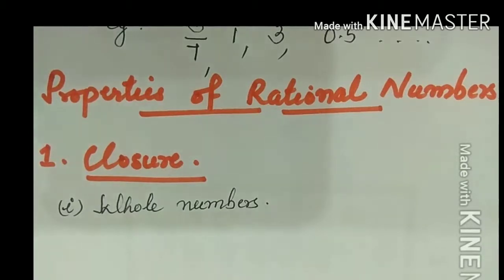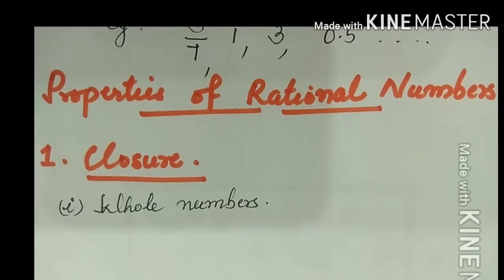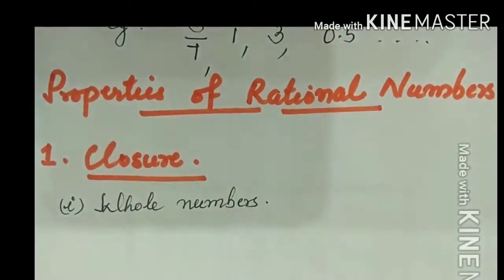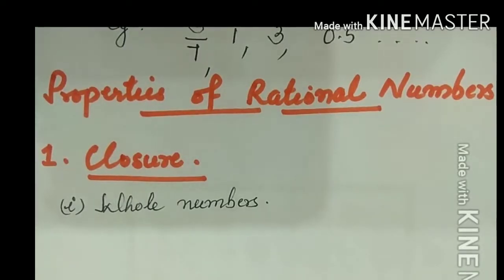So first of all, let us check what is closure property. For example, let us take any 2 numbers from the set of whole numbers. For example, let us take 2 and 5. And